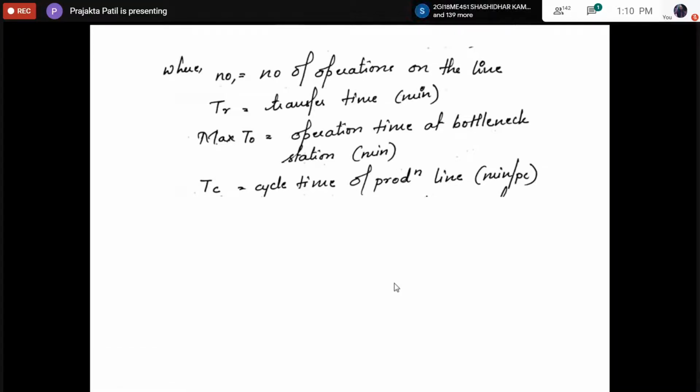So once again, I'll just repeat manufacturing lead time in simple words. It is the time the raw material enters into the company till the time it is going to exit as a finished product. The total time of that particular product is said to be the manufacturing lead time of that particular product.